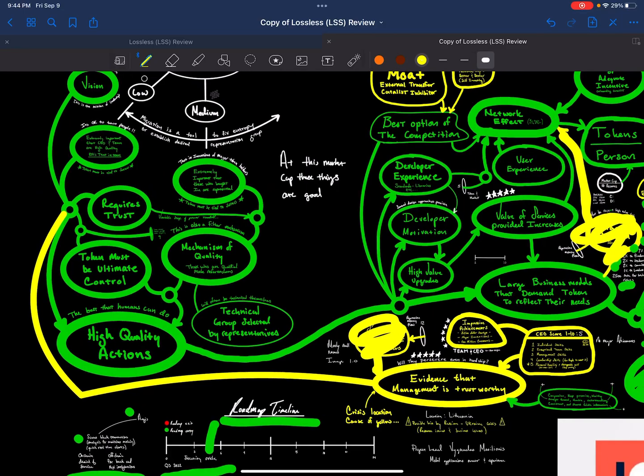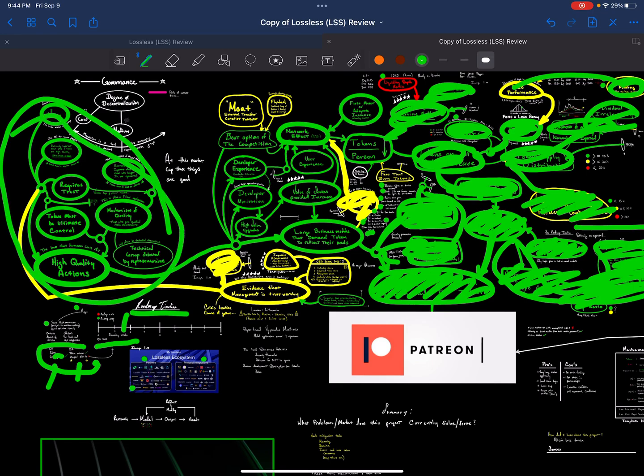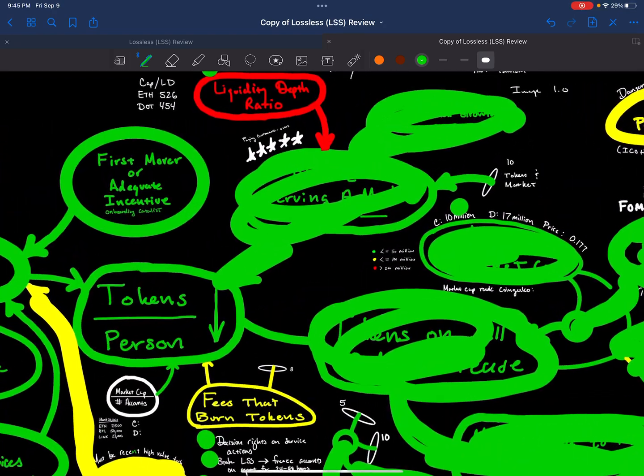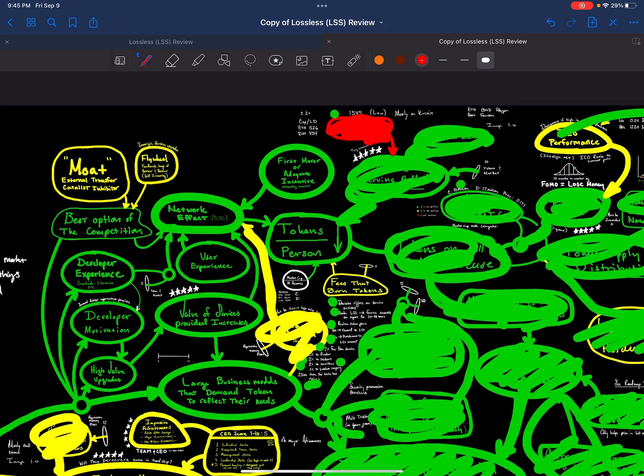Regarding the governance design of this token, the token is in control of it. So I'd say that this thing is medium. There are some centralized entities, but it's a service provider entity. And the community, the token, has a voice. So I'd say it's medium in its decentralization. There are some centralized entities that could be attacked theoretically, but I don't think that's the biggest risk. So I put governance at green because the token is in control over it. It gives the community a voice. The token represents decision making, and it is an integral part of the governance. So I put it as green. Let me put this as red.